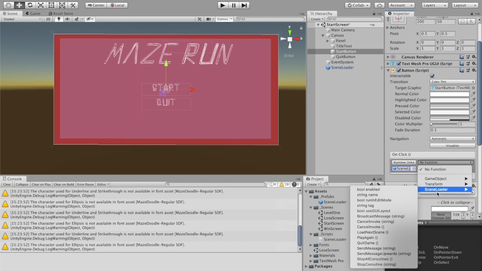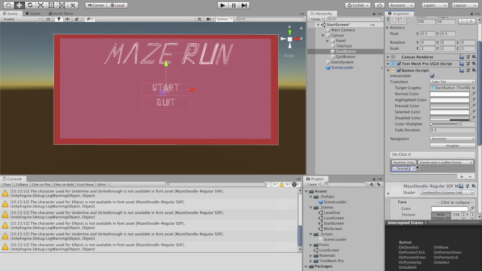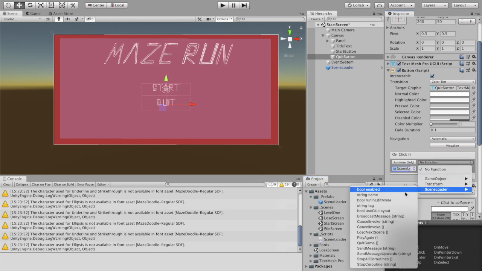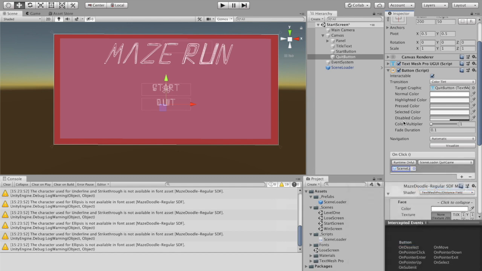now I can go to my no functions, and it now has a scene loader. So I'll show you in a second what it looks like without it, but it should say scene loader right here. Remember, you have to have it attached to the game object. It cannot just be the script, and you want to prefab it because you want it to draw from the same place every time. And it's our start button, so we want it to load next scene for our start button. Our quit button doesn't have anything on it yet, so if we hit the plus sign and there's nothing here, there's no way to click any of that. So again, just grabbing our scene loader, dragging it over, setting it to application quit game, so quit,